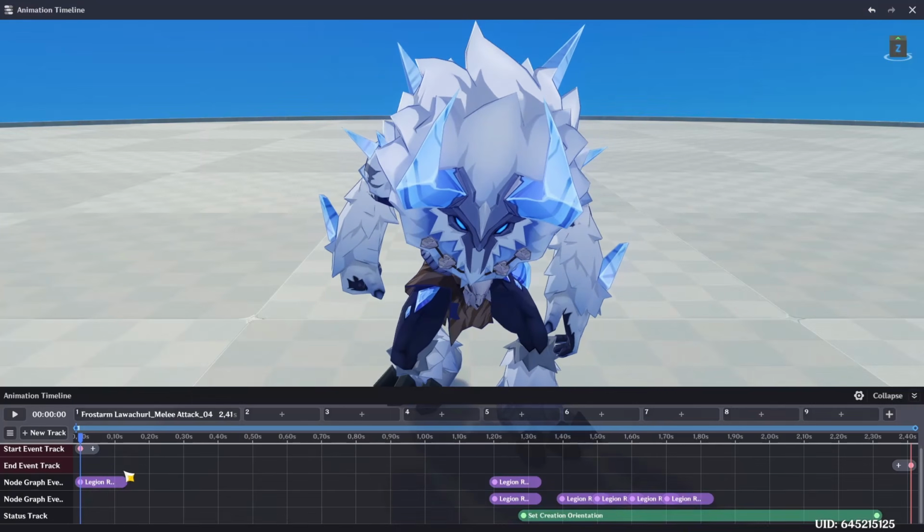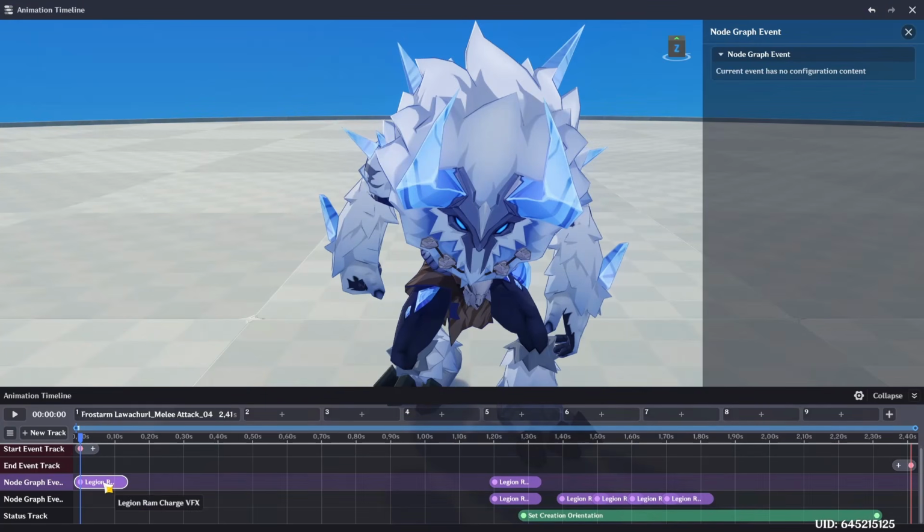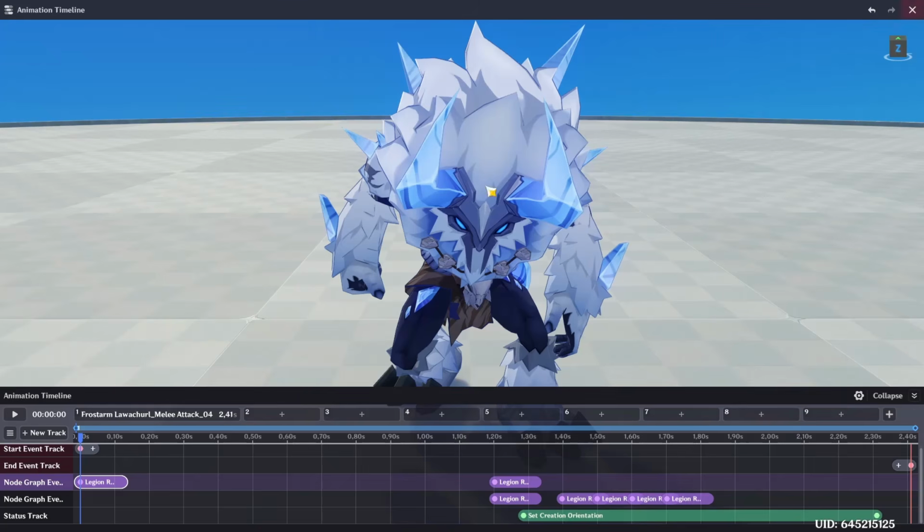And then in the animation itself, you will see that it is very simple. It only has a couple of nodes. The main ones here that we have are the charge VFX, the spin, and the attack. Now, this is something that I'm going to have to explain because it is exclusive to this setup of custom creation itself. One of them is